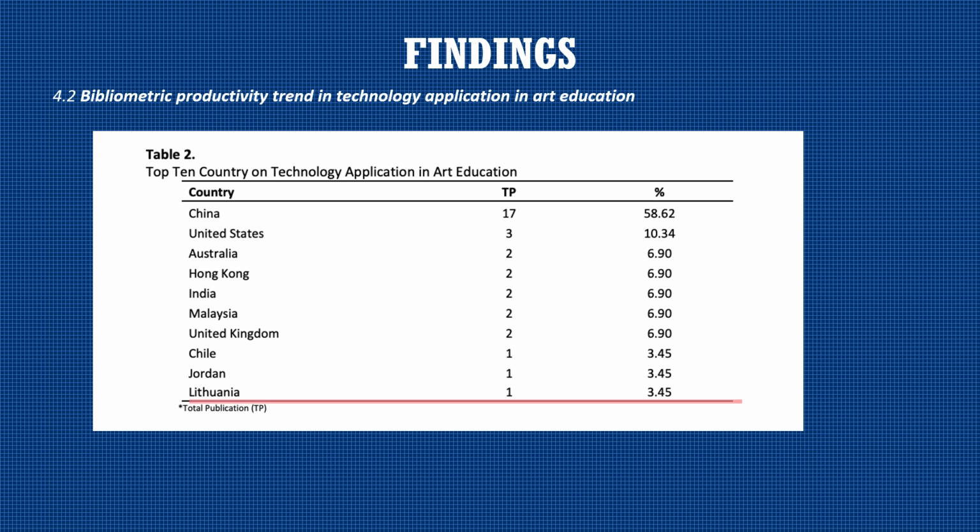This result suggests that China places greater emphasis on integrating technology into education compared to other countries, possibly due to its education system's emphasis on academic achievement and research. Despite that, it also shows that China has expanded its interest and effort in this research area. However, other countries are also increasing their research output to keep pace with developments in the field of art education and technology.